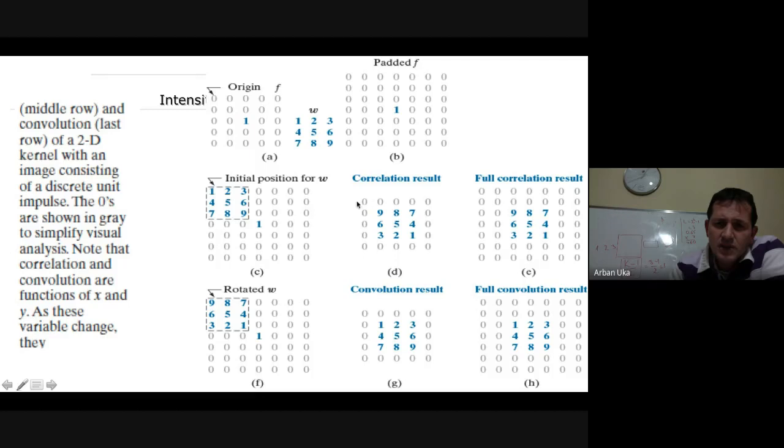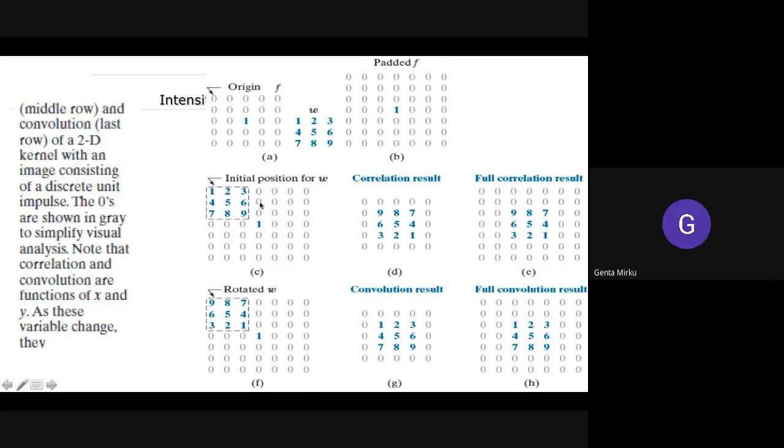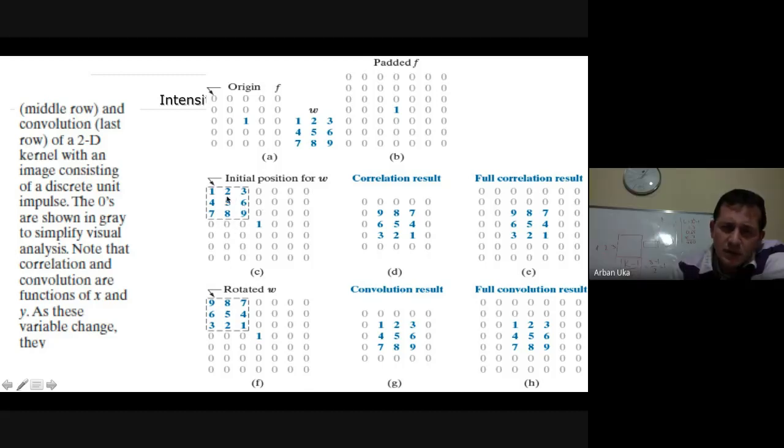edge of figure D. But now, if the whole 3 by 3 matrix moves one row lower, if you can see the mouse, sometimes the mouse is not visible. Do you see the mouse here on the PowerPoint? Do you get the mouse here? Yes. Oh, okay. Anyway, thanks for confirming.